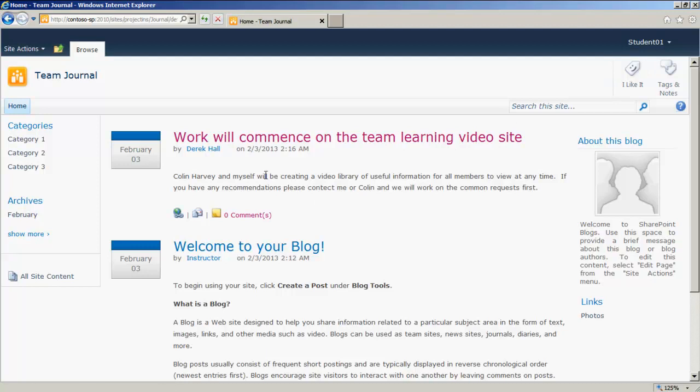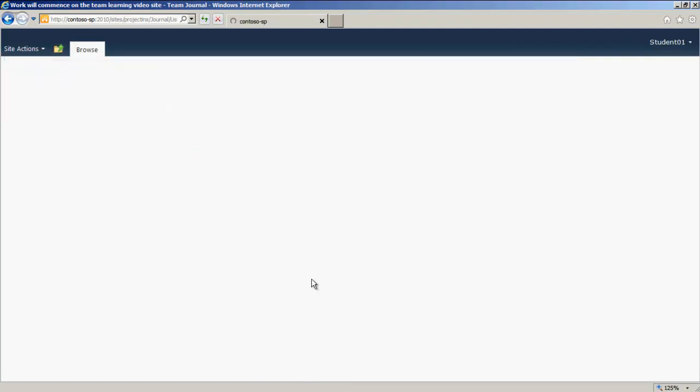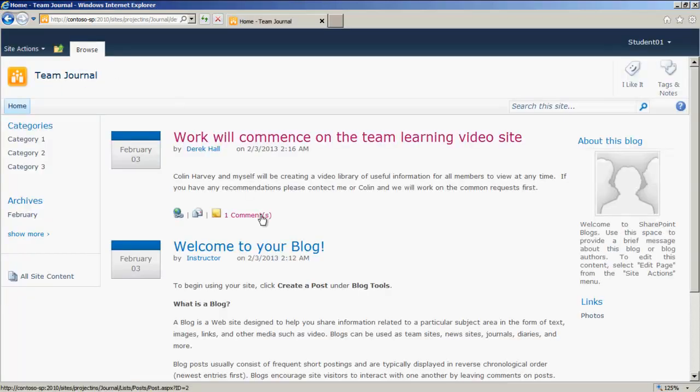So I'm here as student 1. Student 1 reads Derek's post, clicks on the comments, and there you go. Student 1 can now add a comment. And there you go. That's it. Student 1 has added a comment. If we go to the top of the site, you can see one comment has now been added to this post. So the permission inheritance does have its uses, to breaking it into the lists and the sites. It's very rare that you have any permission inheritance required of items and folders, but there may be requirements